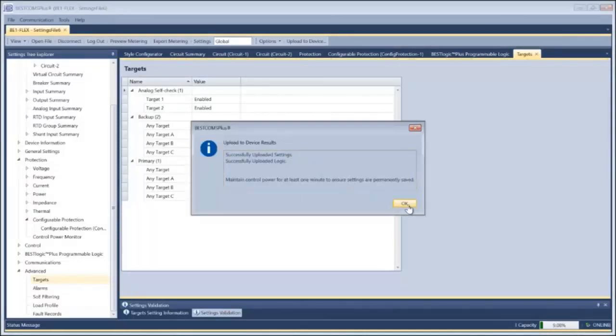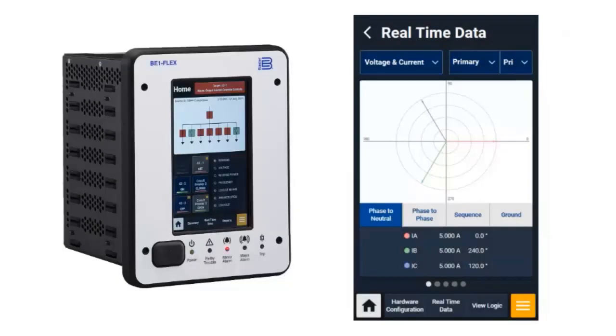Once I've done so, now I'm going to jump over to my simulation. So here you see the BE1-FLEX. Imagine it has two boards looking at the same CTs and PTs on the back. On the right, you see the HMI, either remote or local, with a graphical representation of that phasor diagram of the primary circuit. So if I go to my real-time data, I'm looking at voltage and current of my primary circuit,